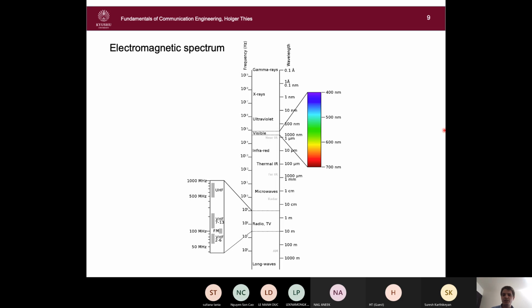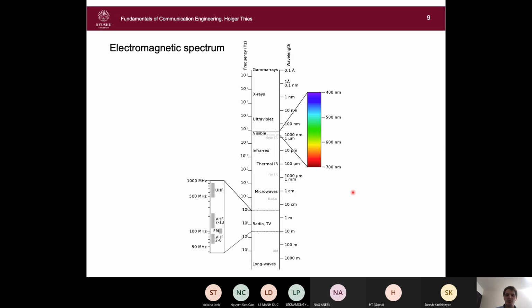They can pass through tissue like the skin, but not through dense materials like bones. So that's why they are used, for example, in medical tests and in security applications, such as scanning luggage at the airport. And then we have even shorter gamma rays. They are radioactive, and they have some applications in medicine, like killing cancer